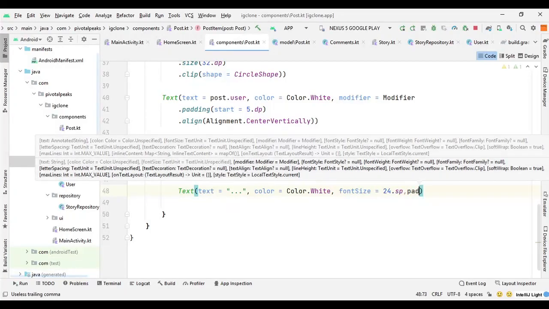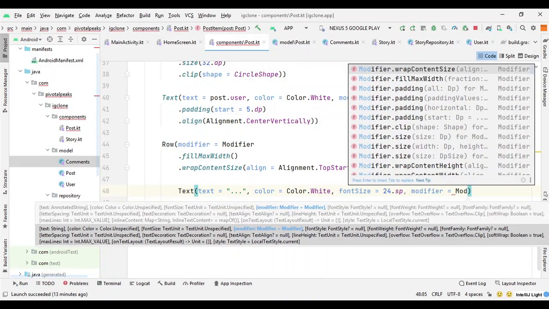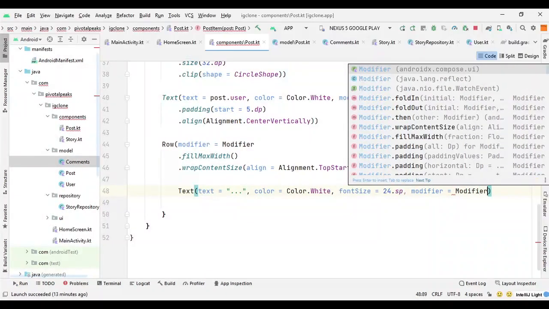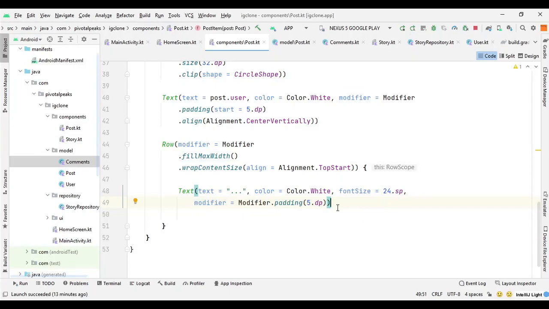So here we will say modifier equals Modifier.padding 5.dp. So that's the first row of items for the post component.